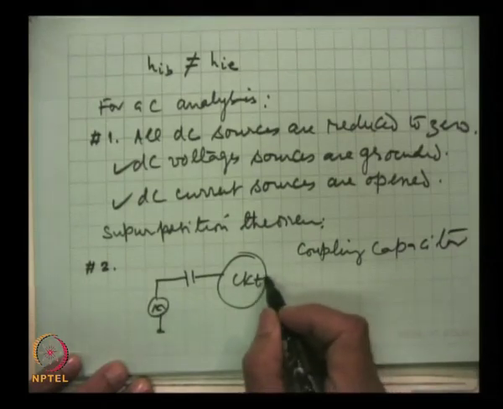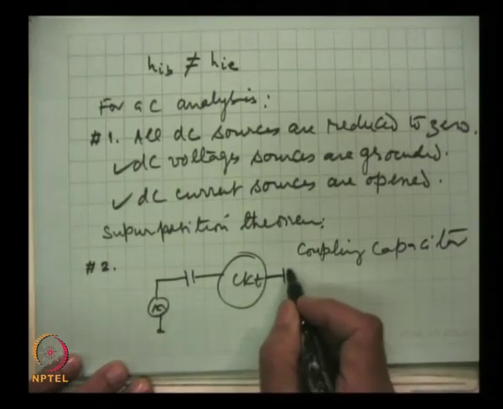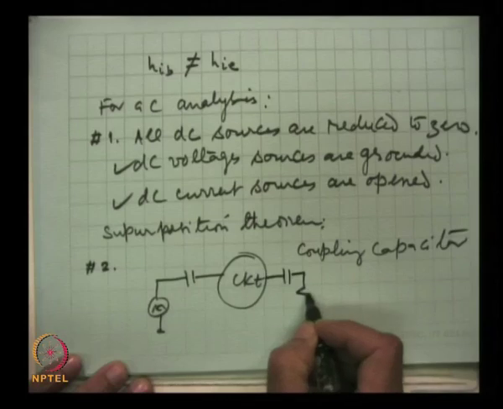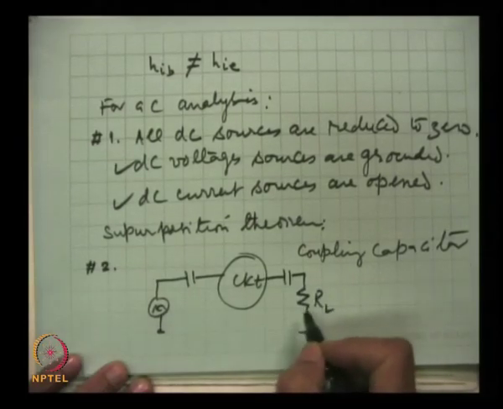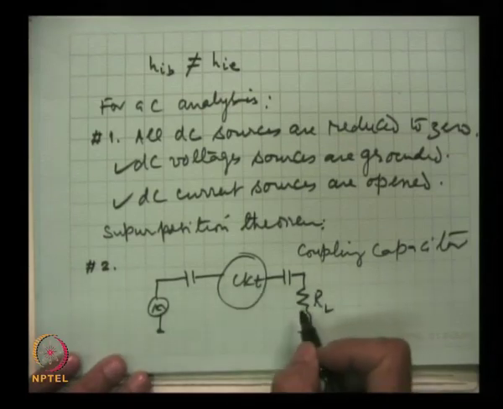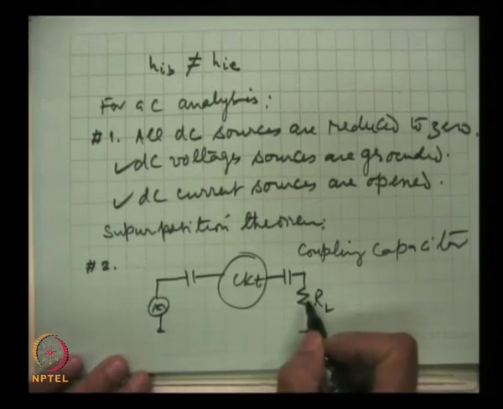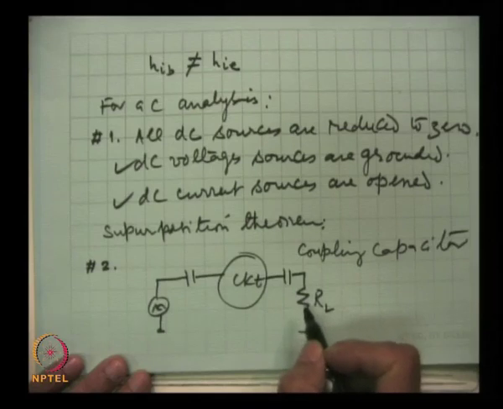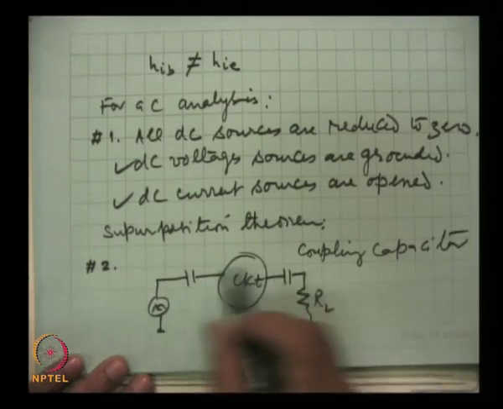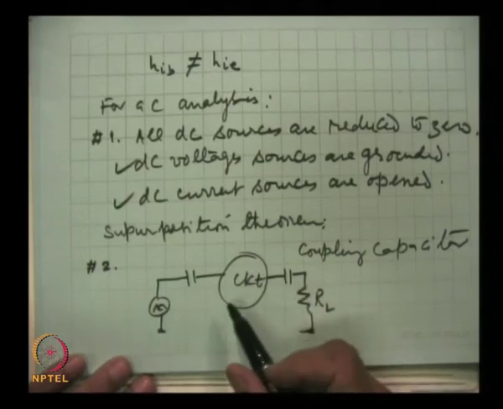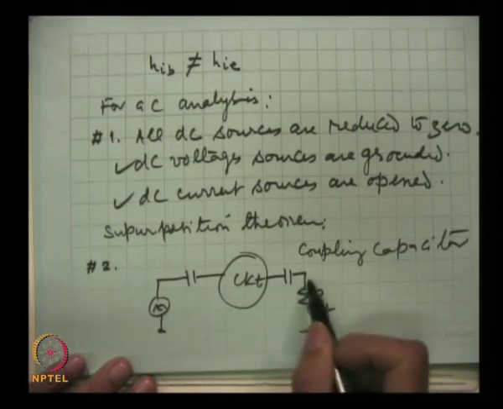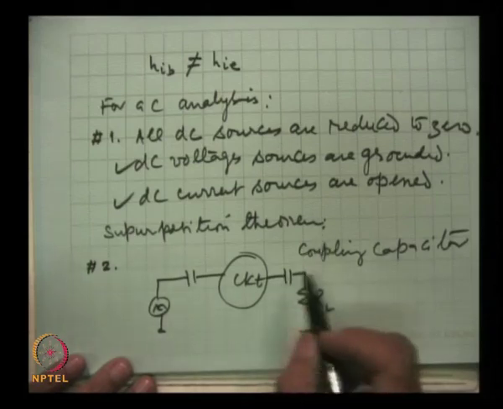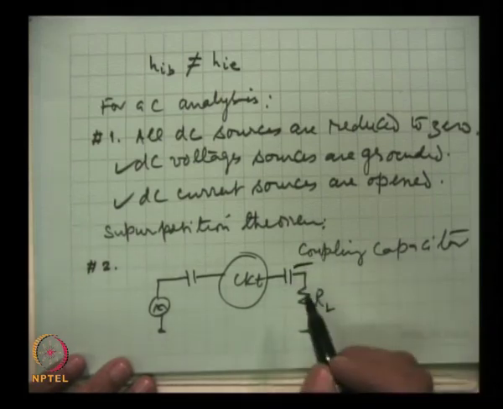Similarly, at the output of the circuit, when we connect the load, this is the load RL where we take the amplified signal. This may be, for example, the impedance of the loudspeaker. If this is an audio signal amplifier, then the output we will take will be this. So, this is connected through a capacitor, which is again a coupling capacitor.